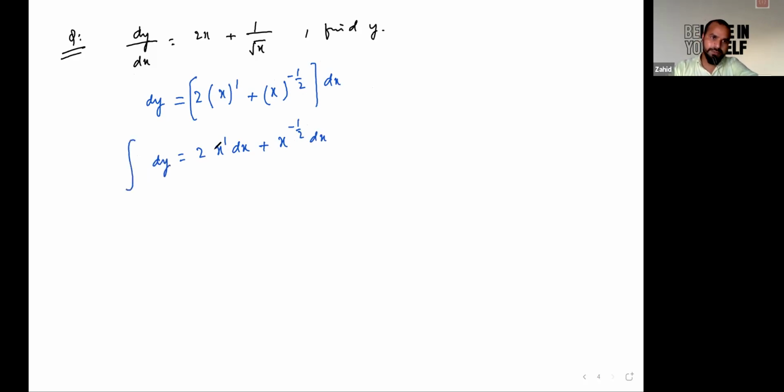Now integrate each part individually. There is nothing in this particular point related to y, so I can write it as y raised to the power 0. Now apply x to the power n dx is equal to just increase the exponent by 1 and divide by the whole new exponent, like this one.